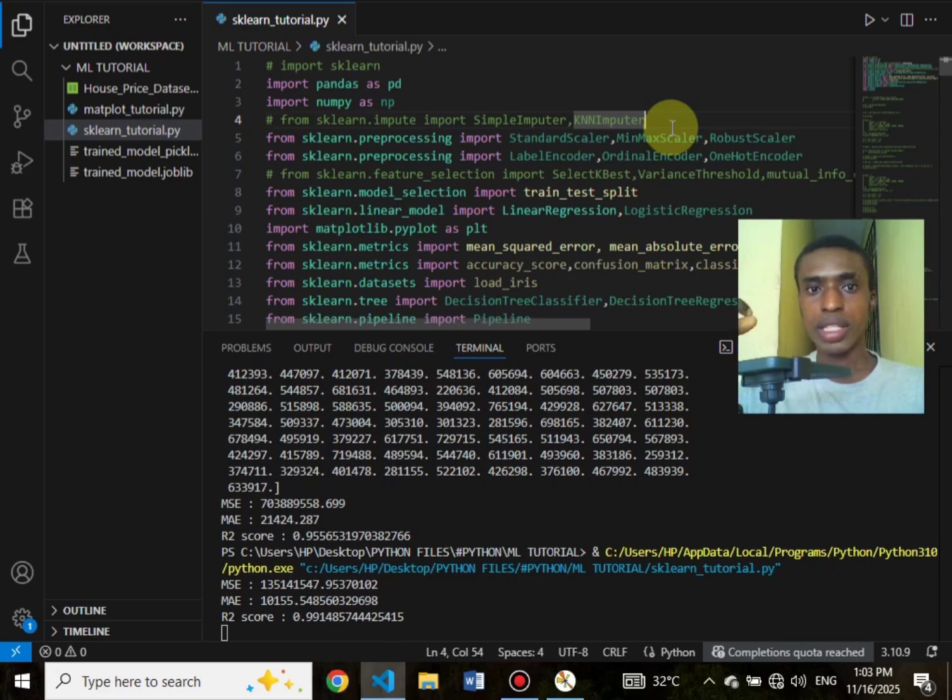So when it comes to scaling of your data, we have the standard scaler that we have here, the min max, and the robust scaler. So these are really useful. Like I said, everything has to do with understanding your data and knowing whether it requires scaling or not. When it comes to classification based models, most of the times you can scale your data, and then the scaling of data falls